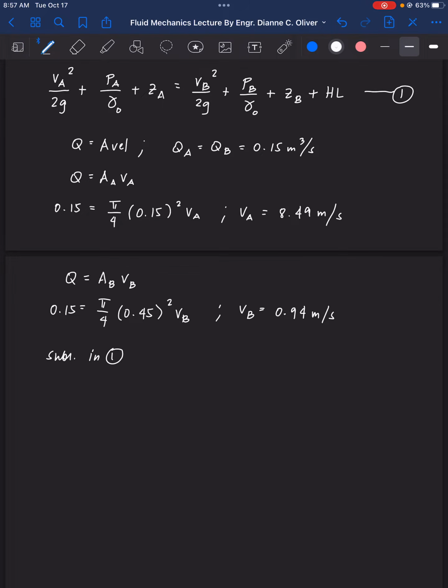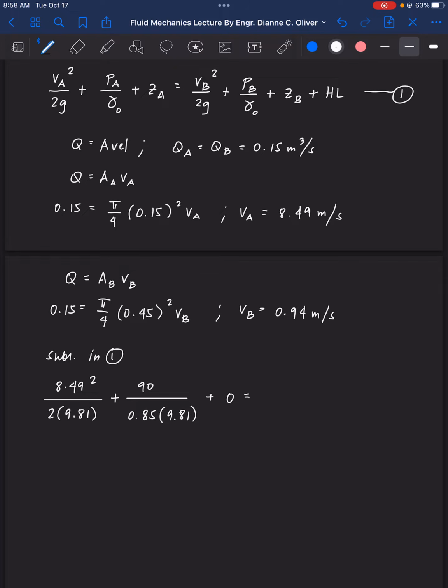VA is 8.49 squared all over 2 times 9.81 plus PA, which is 90, and our liquid is oil with specific gravity 0.85 times 9.81, plus our elevation there is 0, equals our velocity